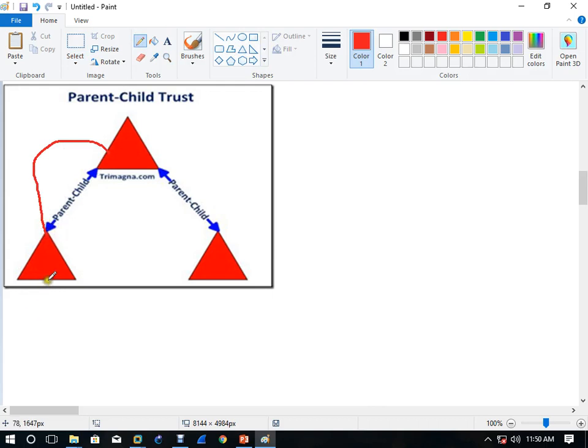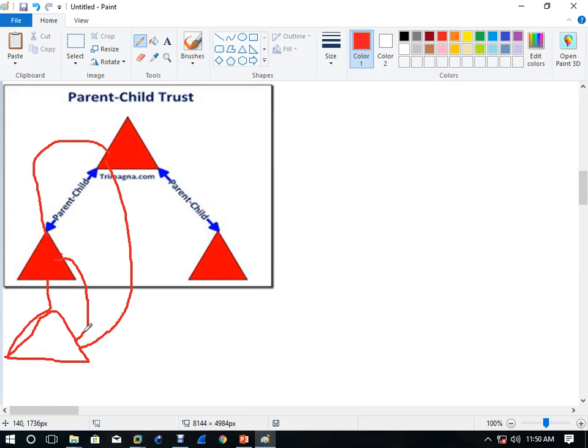Maybe he will get his own child, maybe he will create his own branch, right? So this is a child and this is his parent, right? So the automatic parent-child trust is here, right? So automatically trust from here to here is also there. That is known as transitive trust.